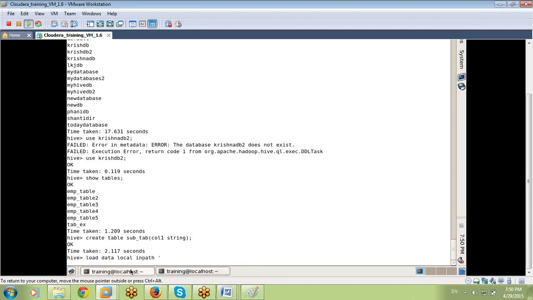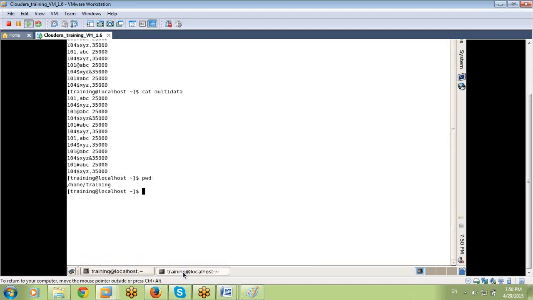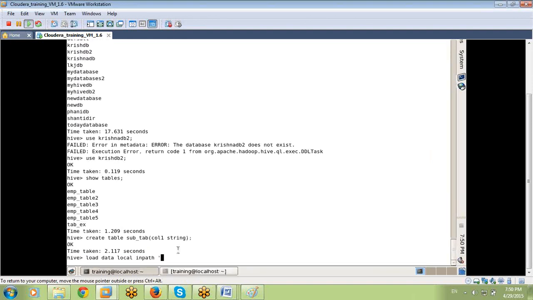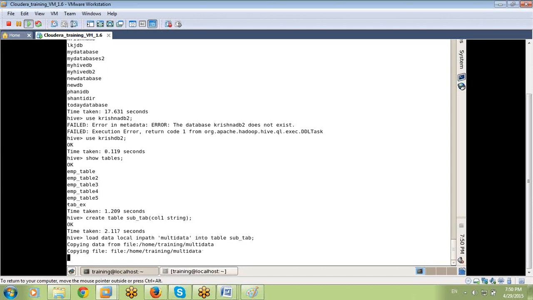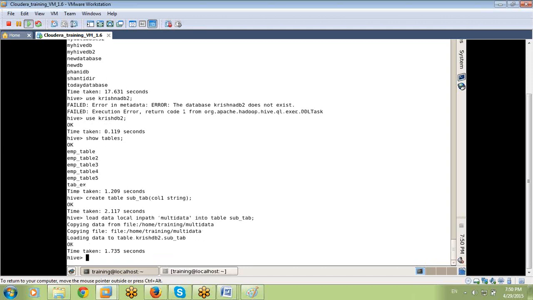The local file name is multi-data. INTO TABLE subtab. Enter. Data loaded successfully.